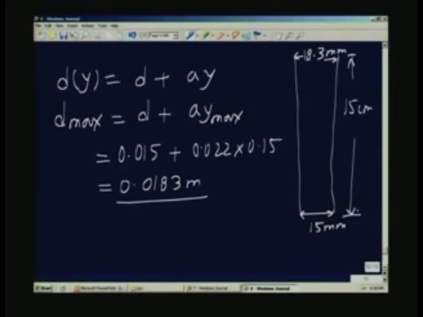So, this is designed for the rotameter. Inner diameter, entry diameter 15 millimeters, exit diameter 18.3 millimeters, the length of the taper tube is 15 centimeters, and the taper parameter is the value which we just described. Actually, you can work it out, the taper parameter will also mean this angle between the vertical, this angle you can give in terms of that angle turns out to be a very small angle actually, that will be 0.628 degrees. So, that angle, if I call it alpha, alpha is 0.63 degrees, a small angle for the taper.